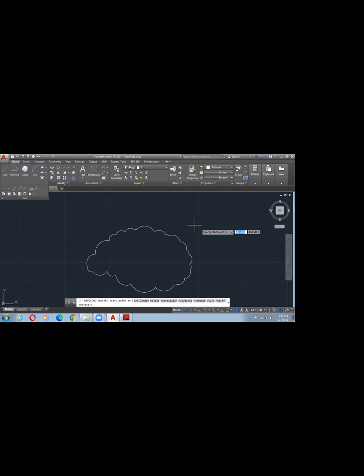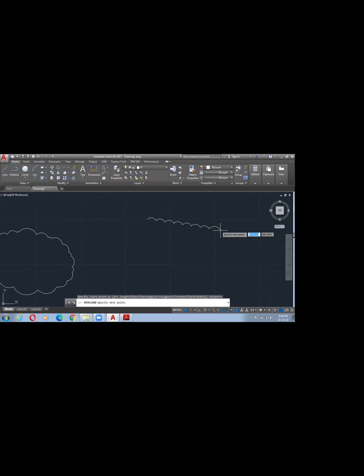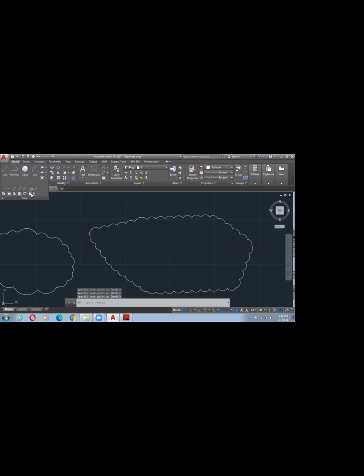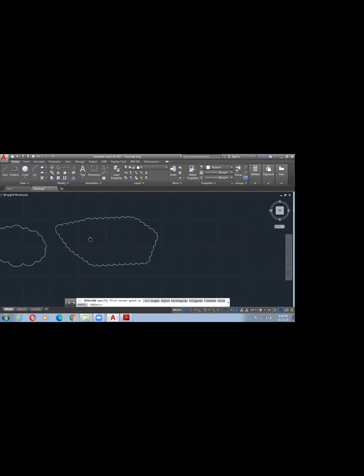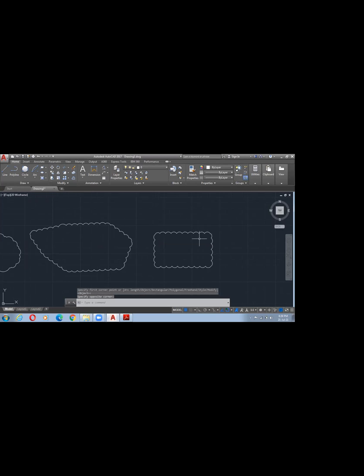Coming to polygon, select the first point. Enter. Coming to rectangle, directly. Okay.